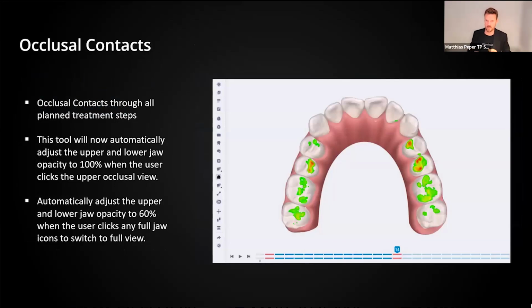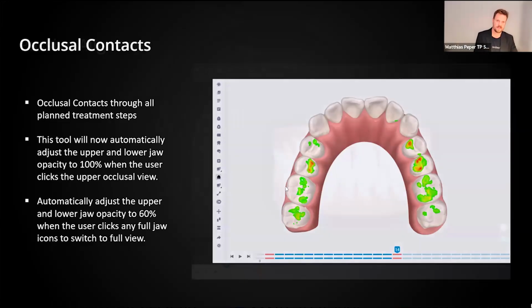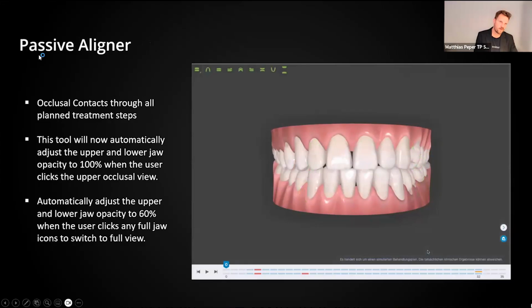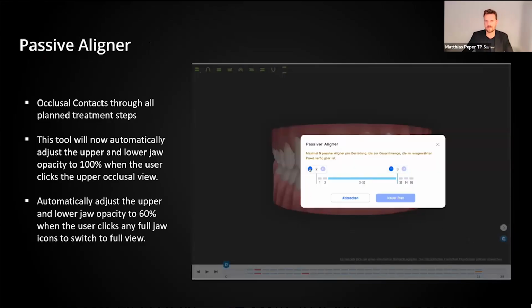So we have the occlusal contacts through all planned treatment steps. This tool will now automatically adjust the upper and lower jaw setting to 100% when the user clicks on the upper occlusal view. So we can automatically adjust the upper and lower jaw to 60% when the user clicks any full jaw icons to switch to the full view. And of course, that's very easy here. If we talk about passive aligner, occlusal contacts,